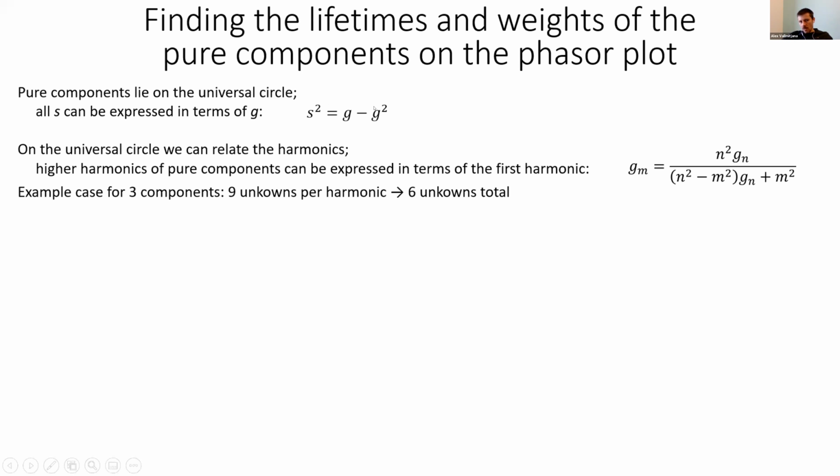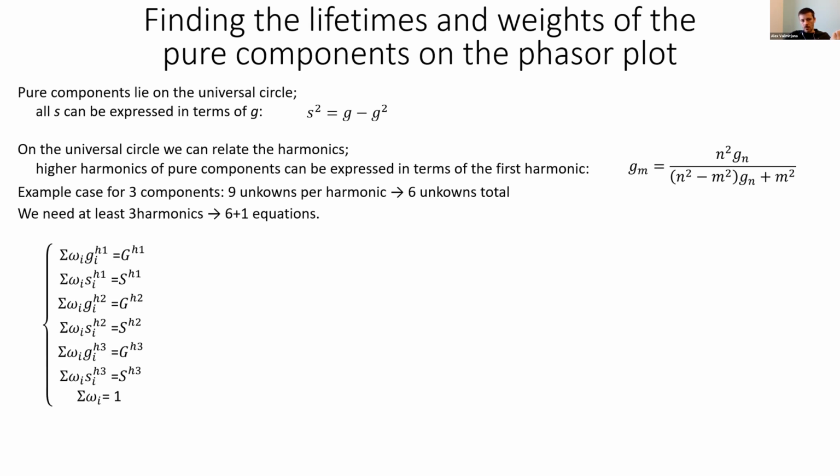Because we have the expression of the universal circle that relates the G's to the S's, we can immediately remove all the G's. So it's actually 6 unknowns using this equation here. That means that we need at least 3 harmonics to solve this problem, which will give us 6 + 1 equations, as we saw before. And these would be the equations. So it's the expression of the G's for the first harmonic, S for the first harmonic, the G and S for the second, and the G and S for the third. And you know that the weights add up to unity. So the problem is solving these equations here for all the unknowns, which are all the omegas and all the